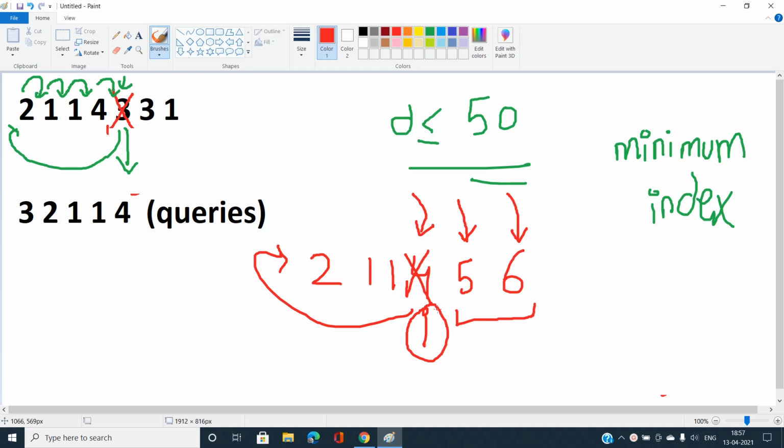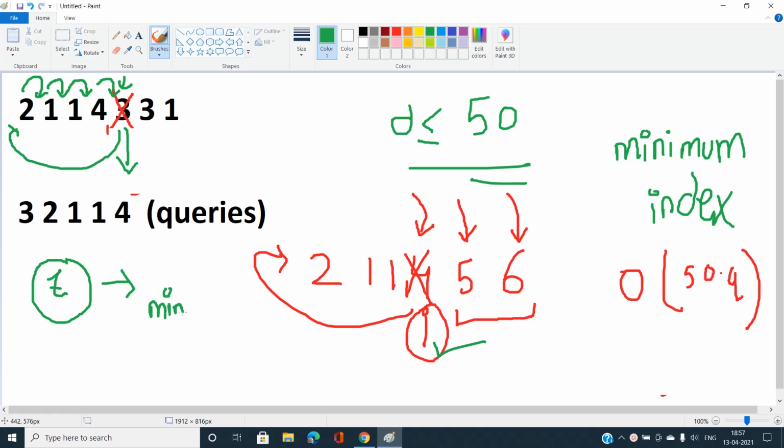So this gave us the idea that we can have a solution of O of 50 into Q time. How can we have O of 50 into Q time? If the indexes that are strictly greater than this i are not going to differ, then we can think like that. Suppose we are asked for a particular color, in general terms let's say color T. If we are asked for a particular color T, then print its minimum index.